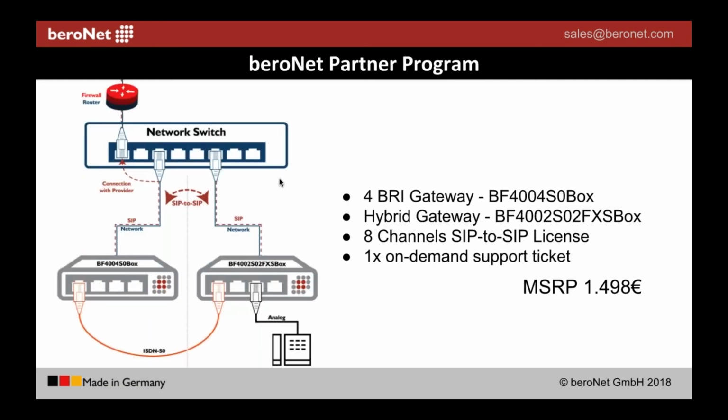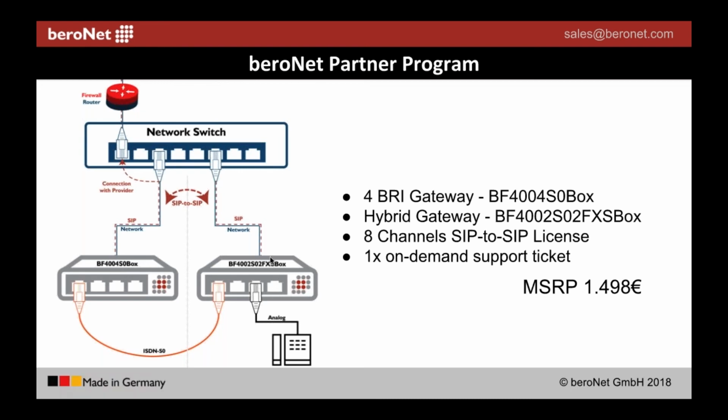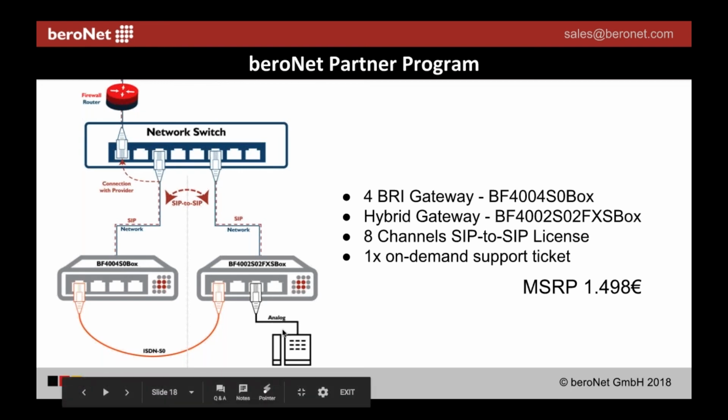In fact, it is essentially what we've done today, with the exception that you're going to use your own SIP trunk to get that call working. And for that, you do require the devices. Instead of the GSM one, you're going to have a 4 BRI gateway, a 2 FXS, and 2 BRI gateway to do that ISDN PBX, and then you'll do the calls through that to the SIP trunk, just like we